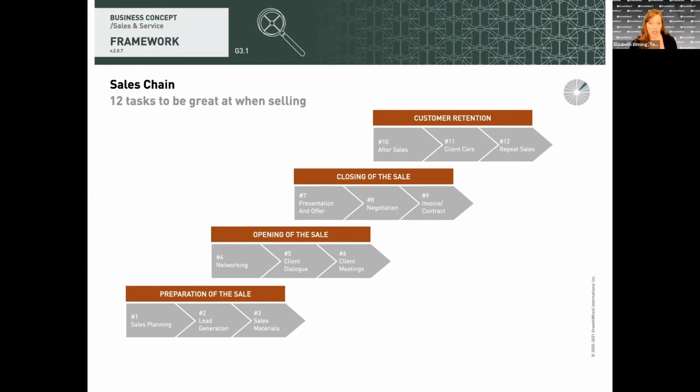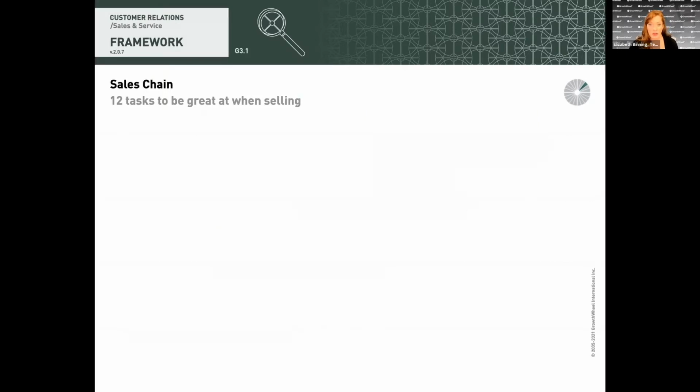Selling is a trade that can be learned just like anything else, but requires practice. So we want to get an overview of these tasks so we can complete them one at a time and help the clients. So here's a quick video that kind of goes into this and some discussion points you may want to think through. The GrowthWheel Framework sales chain shows 4 phases and 12 tasks that companies need to be